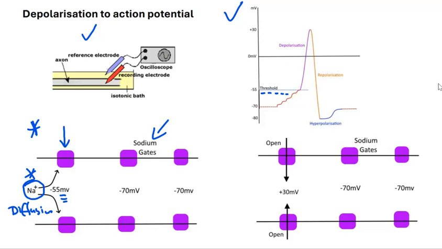These protein structures, when encountering the minus 55 millivolts, what this really means is that there is an accumulation of positive sodium ions around the protein. And this causes a shape change in this protein, and that opens a pore from the outside of the cell to the inside of the axon cell here, like so. And sodium ions